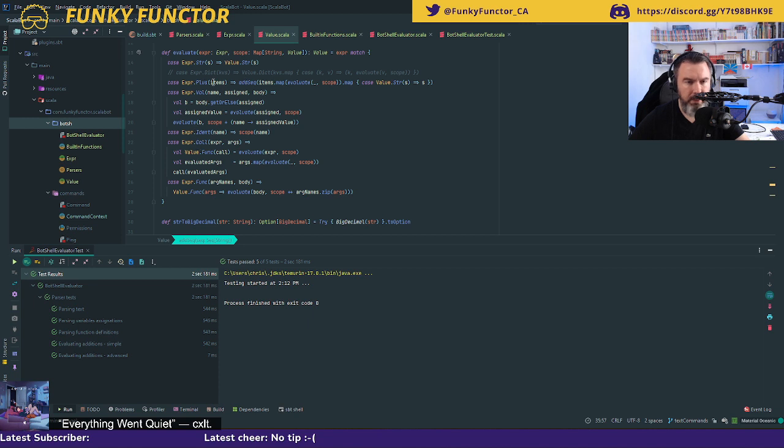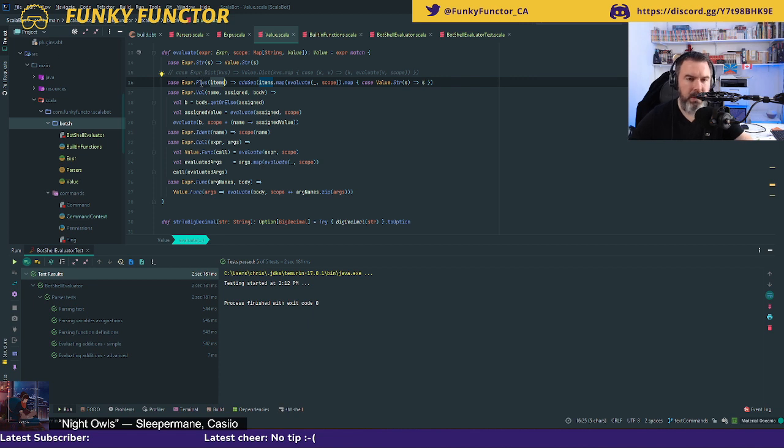So where is plus? Plus is here, and I've got items. So for items, for each item, I want to evaluate it within the scope, and then once I've got the evaluation back, if it is a string, which it always will be, return s as a string.